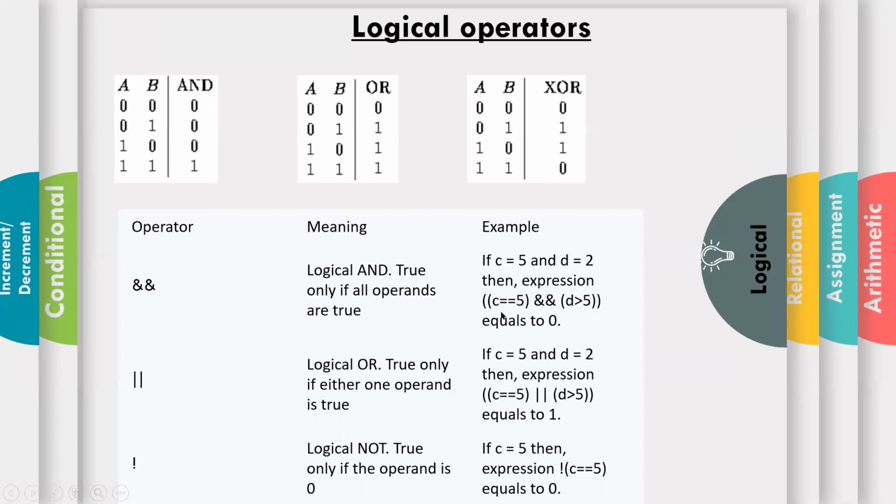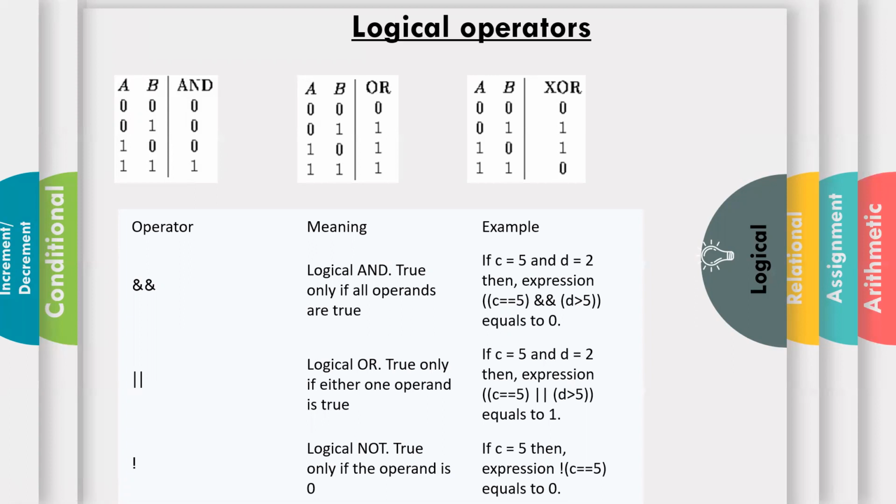So for example, consider the first one is true and the second one is false. Now you apply true is 1, false is 0. So 1 and 0. So in the table 1 and 0 is 0. So the output is 0. So in this way, before the logical operation, you will get 0, 0 or 0, 1, 1, 0 or 1, 1. So based on those two values, this output is decided. So finally, the output of a logical operation is also nothing but 0 or 1. In relational operation also 0 or 1.